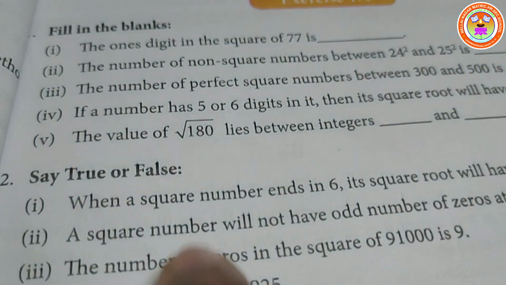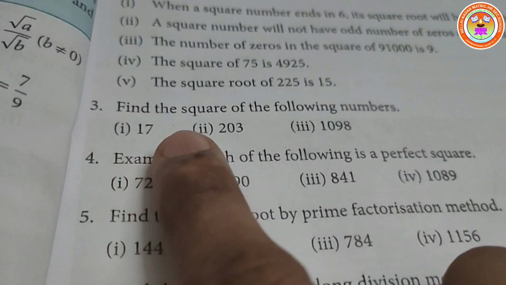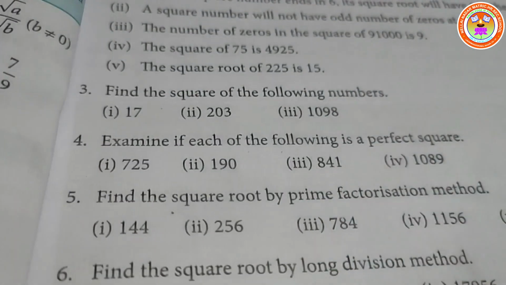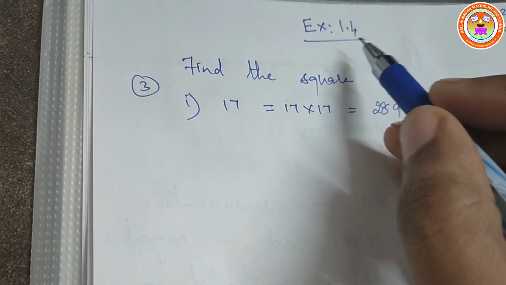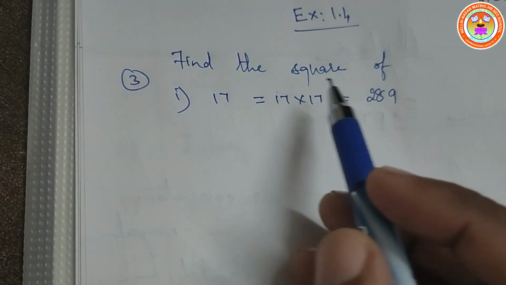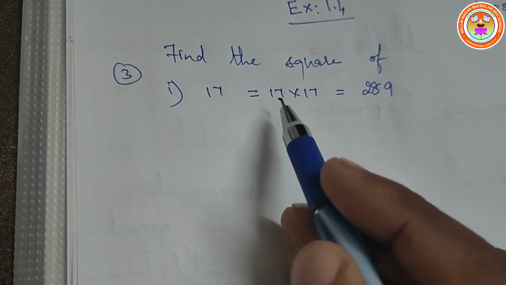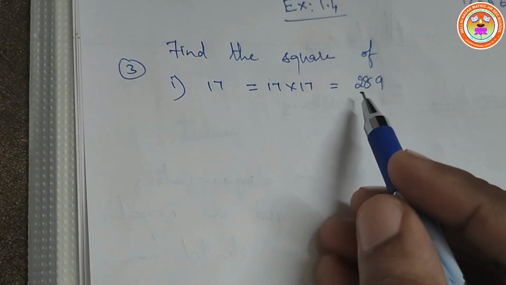First and second sums are fill in the blanks and true or false. We will move on to the third sum. Find the square of the following numbers. Here, exercise 1.4, third sum: find the square of 17. 17 into 17 is equal to